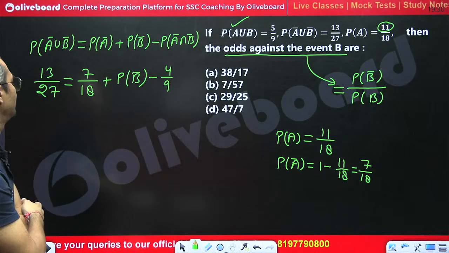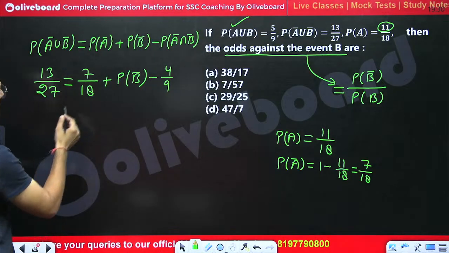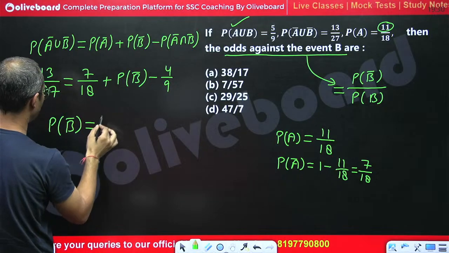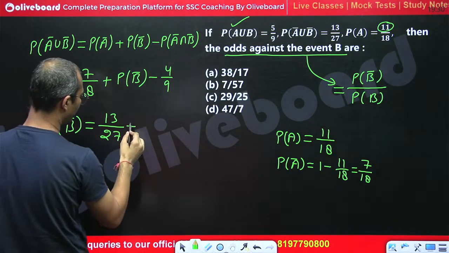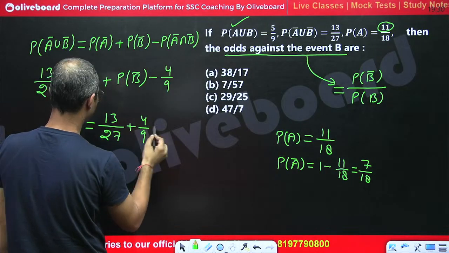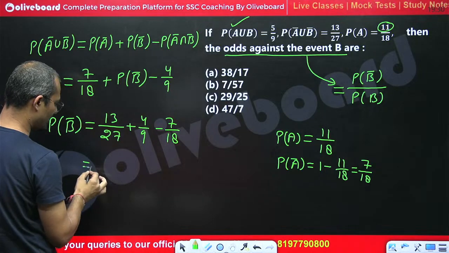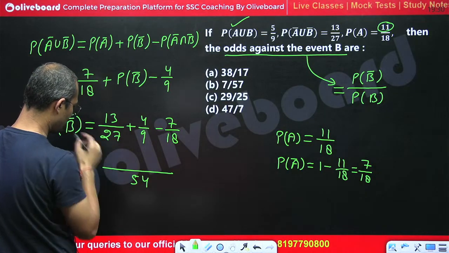Is this clear? Okay. So here we will get probability of B bar. This would be equal to 13 upon 27 plus 4 upon 9 minus 7 upon 18, right? So this would be equal to, take LCM. LCM would be 54. So here we will get